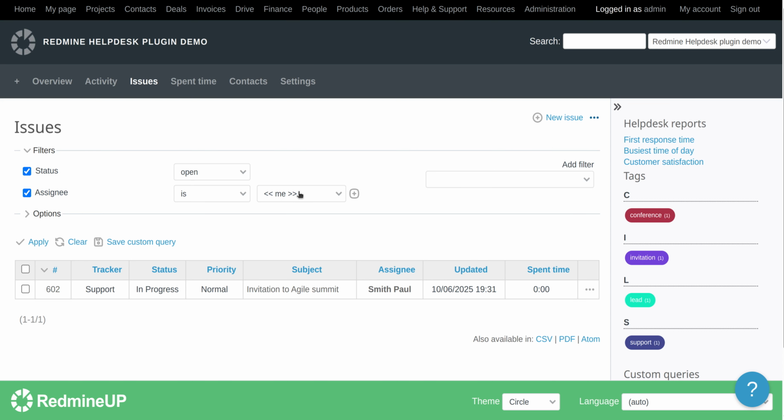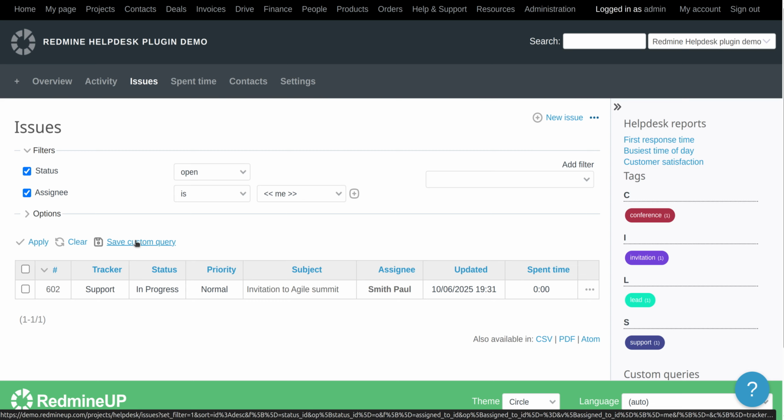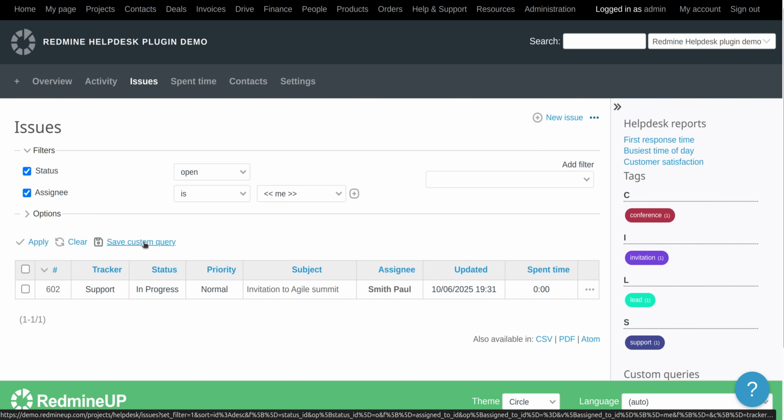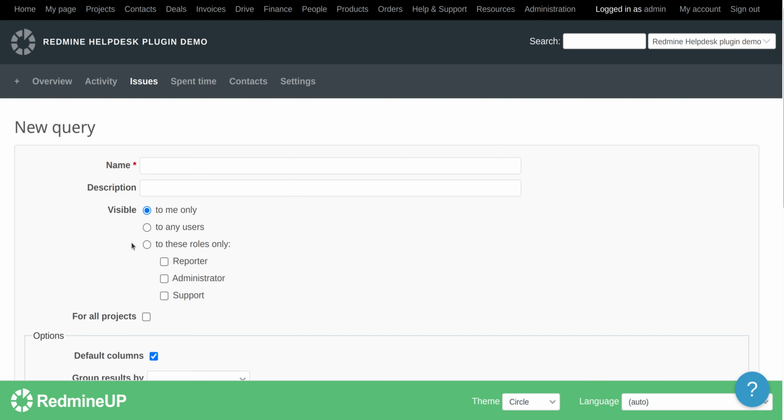So if you would like to not put this filter on and on and on every time, you could just save the query so you could access it with one click. So that's it, the query thing. Here we see a floppy icon and save custom query. So we click here and put some name on our query, that in our case could be just My Tickets,